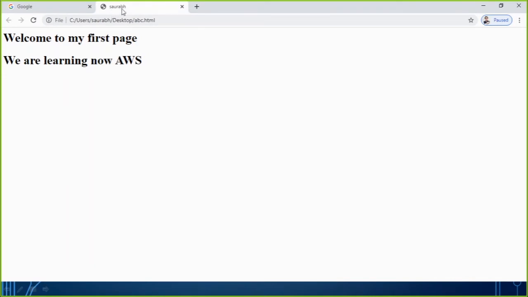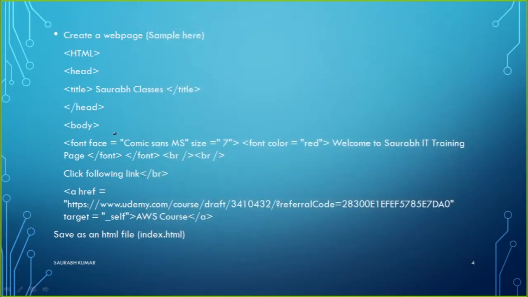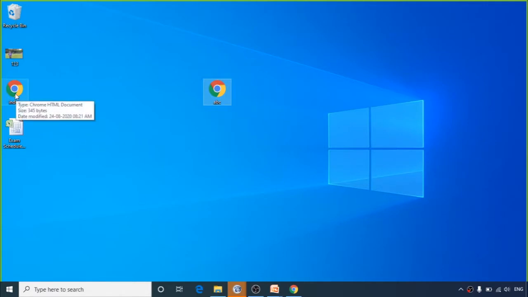So heading, title is going to remain there. Then heading is just a kind of defining how the font will be, the condition will be. Alright, so the same way I have also used some other commands here, and after typing all this information, I have saved it as an HTML file with the name index.html on my desktop. If I show you on my desktop, this is the file I am talking about, index.html. This is the file I am going to use to upload my website.